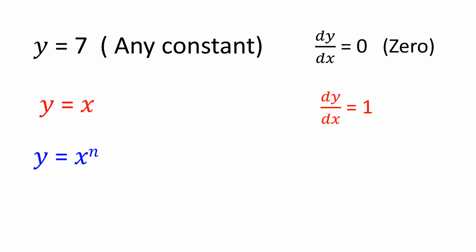Y is equal to x raised to power n. Then the derivative will be, you will write n as the coefficient of x and you will reduce 1 power from n. अगर y is equal to x raised to power n कोई भी फंक्शन दिया जाए जबकि n कोई भी नंबर हो तो उस नंबर को फंक्शन के शुरू में लिख देंगे और उसकी पावर में से एक कम कर देंगे, ये उसका डेरिवेटिव हो जाएगा.